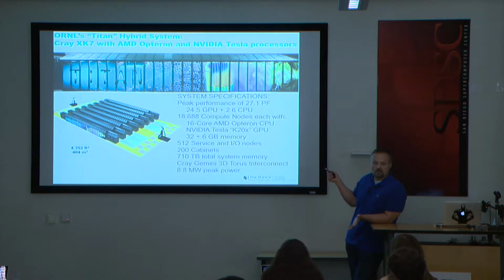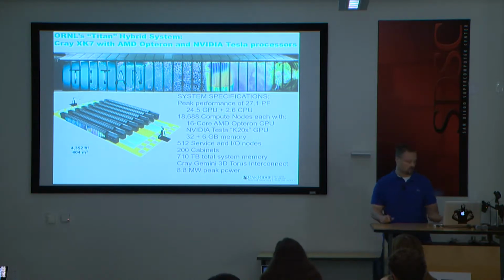Of course, the newest thing about Titan is that most of its computational power comes from the GPUs. The CPUs are less than 10% of the total peak computational oomph of Titan. But there's something to note. There's how many petaflops you have locked up in the CPUs, and how many petaflops you have locked up in the GPUs. But if you look at the peak performance, that's more than 10 times more peak than Jaguar had,